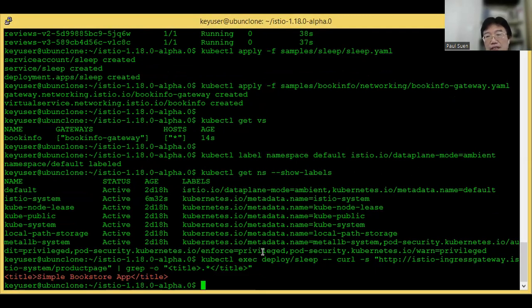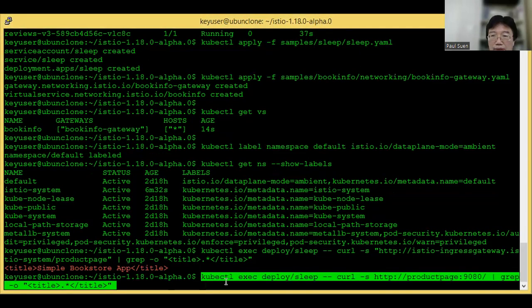So it has already embodied all the layer 7 logic to take care of the virtual service on its own. So we've got the result we want, and then just access the Bookinfo app itself directly.